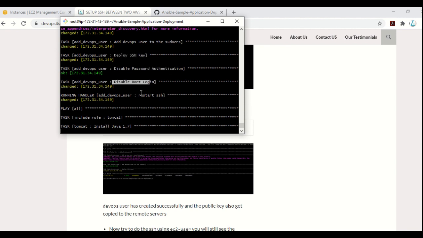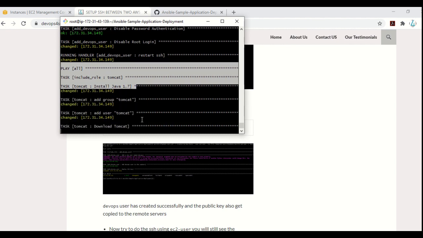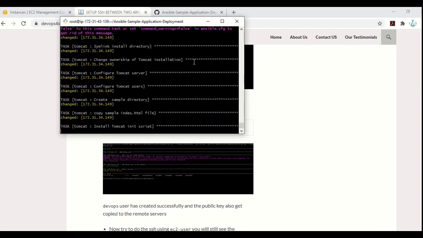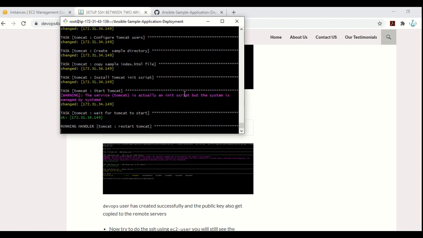I have included the Tomcat installation also here. That is why it is running, but it's not required for this video. But let it run. It is just installing the Tomcat server on that remote host also. So let it complete now.